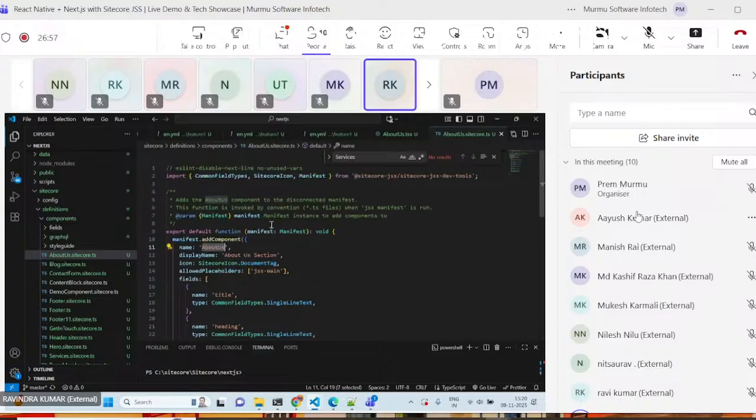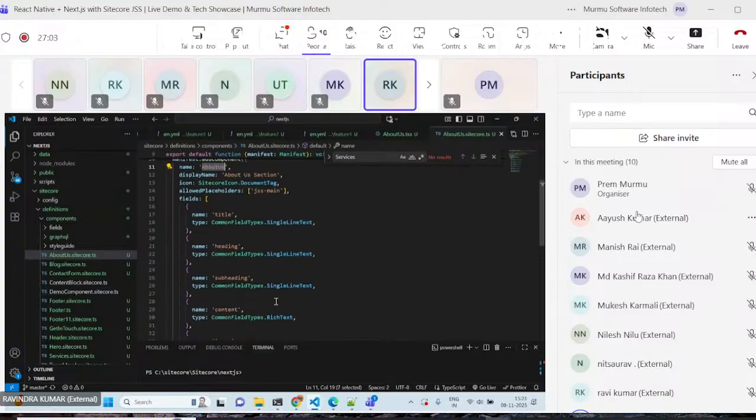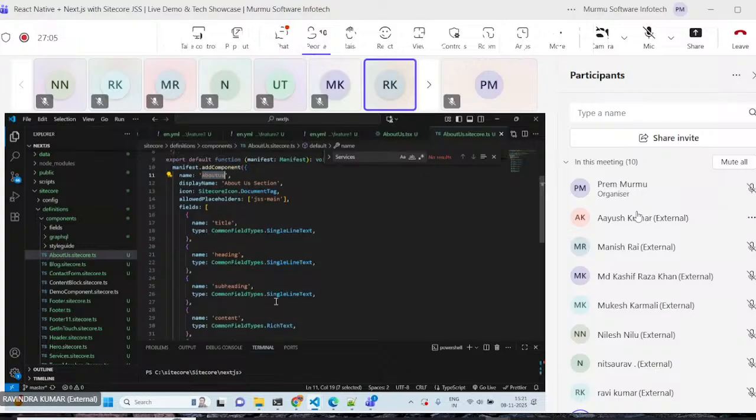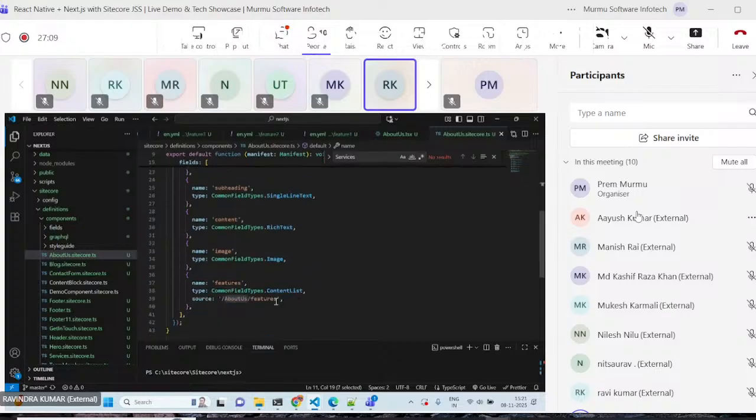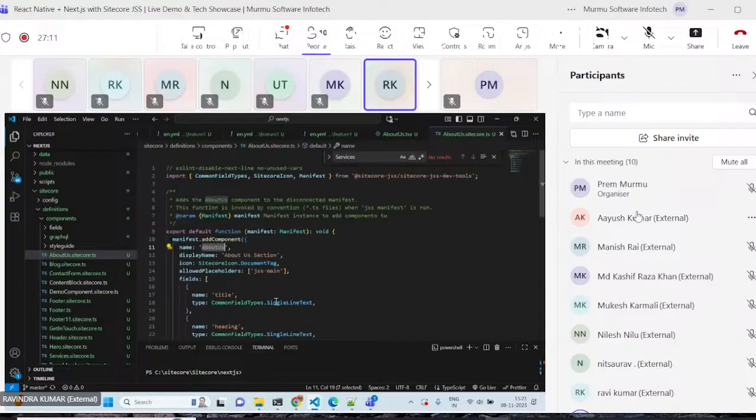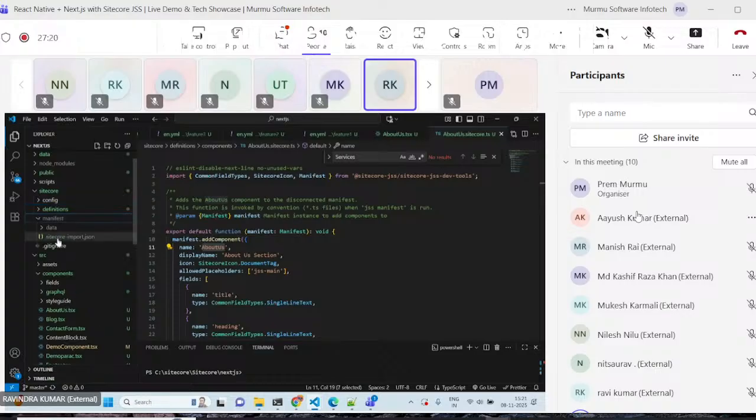We have the export here, a similar name we can keep, and here we have to define all data types, like single line, rich text, content list, and this will be generated in the manifest file. The manifest file will be, you can see here will be